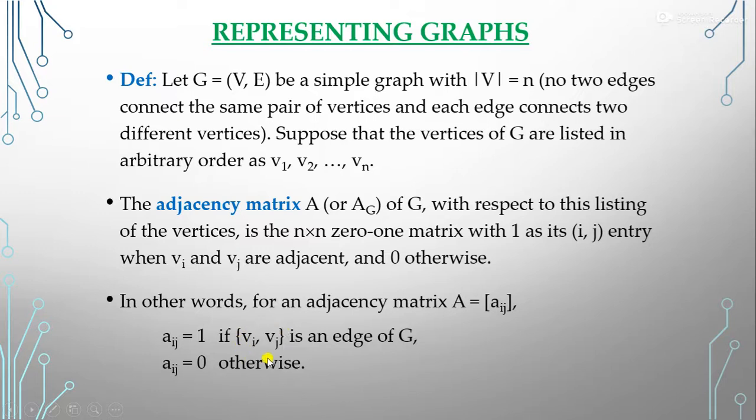is an edge. What does Vi Vj represent? It represents an edge, right? Vi is a vertex, Vj is a vertex. If we write it this way, it means Vi is connected to Vj, so it is an edge. If we have an edge between two vertices, we put 1 there, and otherwise we put 0 in the matrix. Like that you can form the adjacency matrix from the graph.